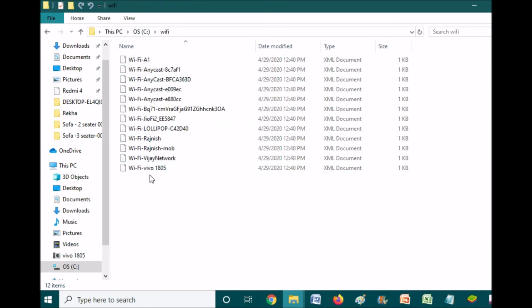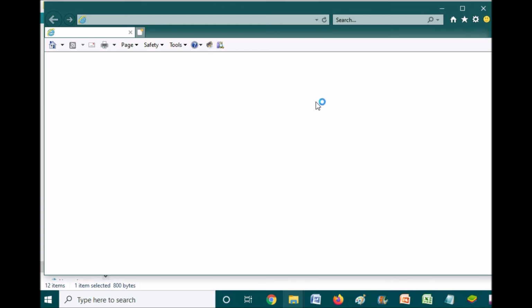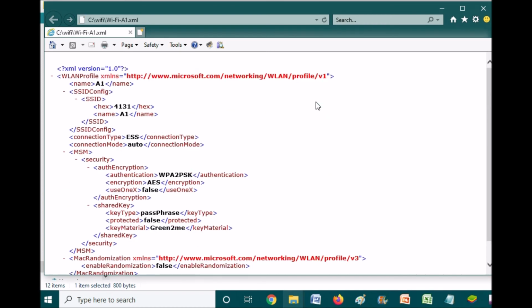Now these are all the possible files of individual SSIDs. Let us open the first one. Since it is an XML file, it will open in Internet Explorer or Chrome. You can also open it in Notepad.